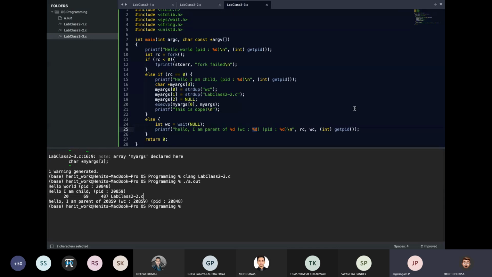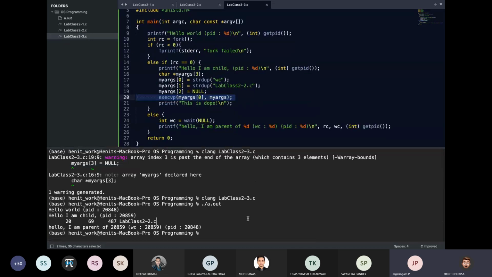Yes, sir. Yeah, good. Now I want everyone to observe lines 17, 18, and 19. In line 17, the character argument array has a size of 3. In index 0, we have a string duplicate.